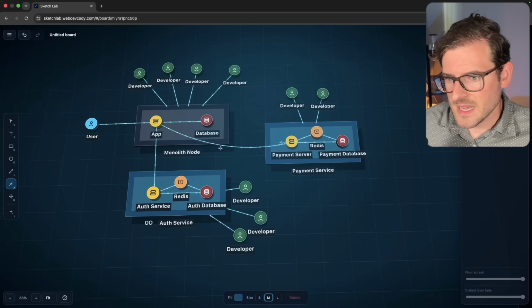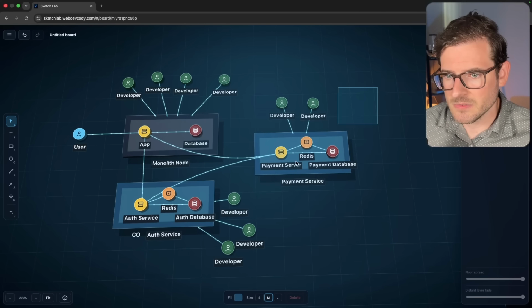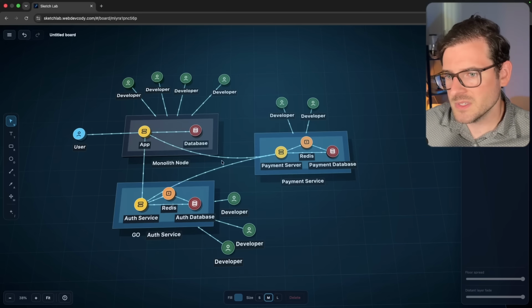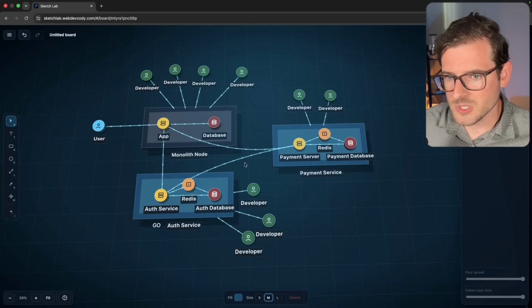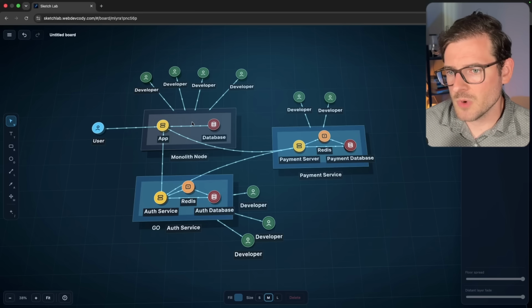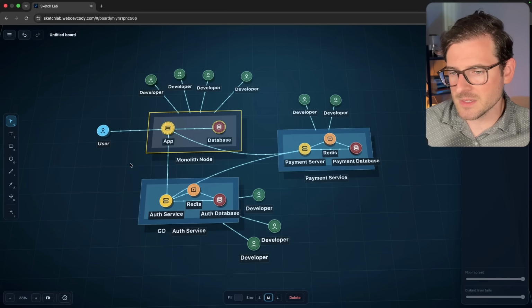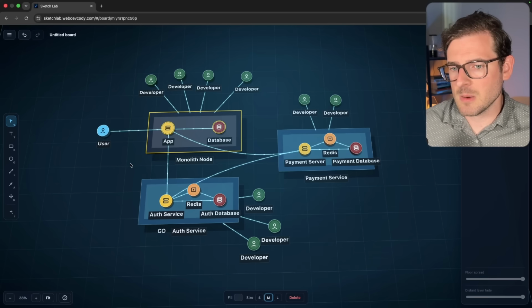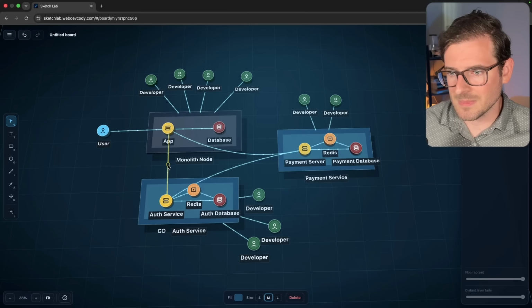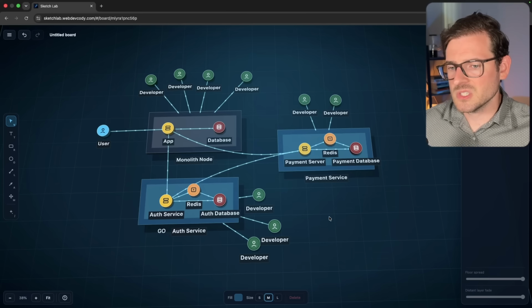But now the point is that this payment service maybe needs to contact the auth service. Maybe you have a different service for notifications or something. And you can see that as you start adding more and more services, you've added a bunch of network traffic, which means that something that used to just run on the machine itself, like the CPU, if you can get this all deployed onto a single VPS, you can do intra-communication on the loopback address and keep the network speed very fast. But now you've introduced some latency to do a request from your monolithic application to your auth service, your payment service, etc. And this just keeps on adding in.